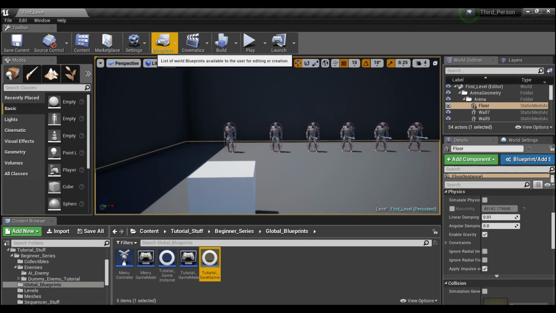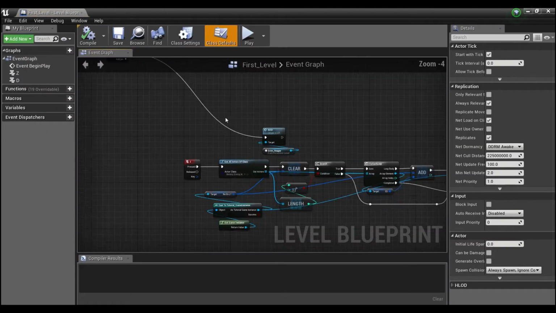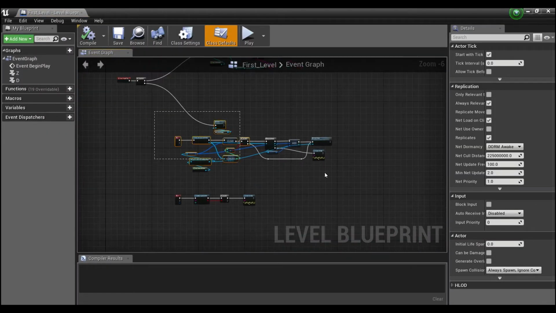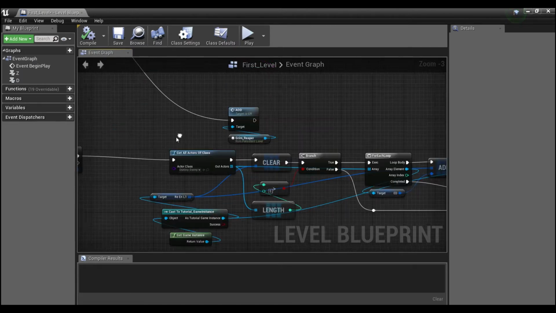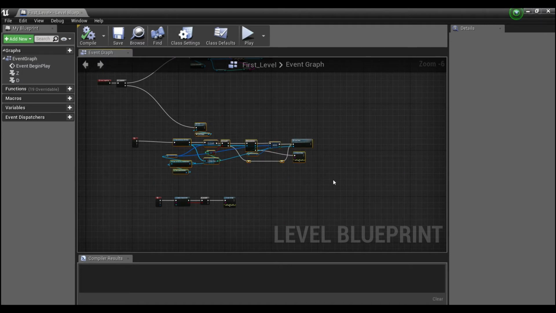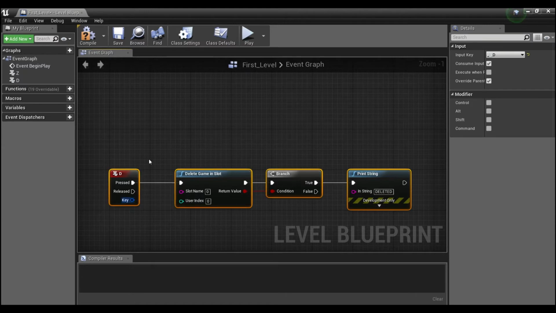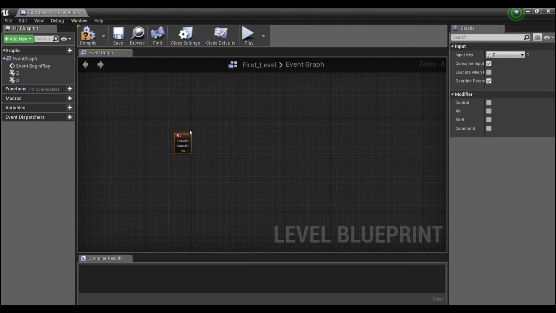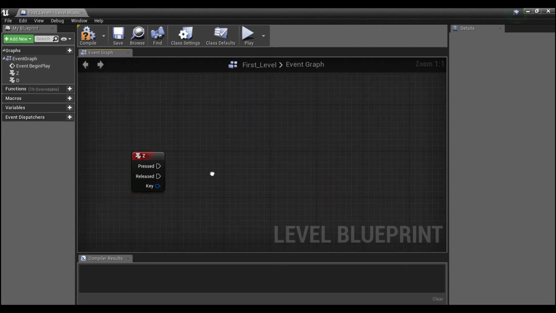Now we'll come into our level blueprint. I'm going to get rid of all of this stuff except this Z key here. We'll use that again. And this down here is just to delete stuff out of our save game, so you guys don't really have to worry about that. Okay, so this is what we're going to use to save. So when we push the Z key and I want to save out our game, or however you guys end up saving your game,